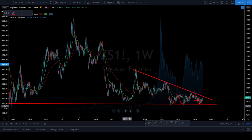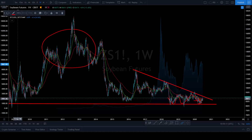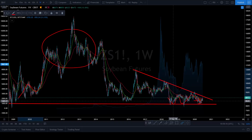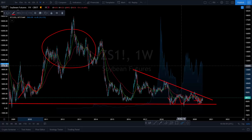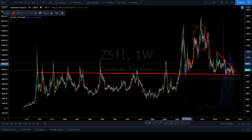Add to that the compounding effect of the 12-year solar cycle, and we are very likely to have poor crop years coming up. So out of a 1, 2, 3 bottom, the 3 touches of death on this bottom, the triangle formation that's setting up in the agriculturals right now, and as a result of what I'm seeing here, I'm setting up separate coverage of the commodities markets for the ags, and I'm going to be doing a separate project on covering those markets. If you're interested in that, be sure to come and join us on Discord, and I'll give you the early link to that new community that we're going to be setting up just for the commodities,